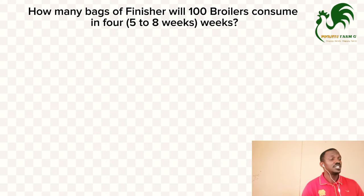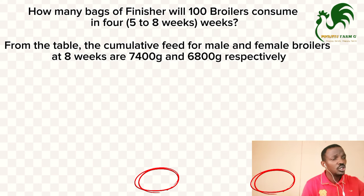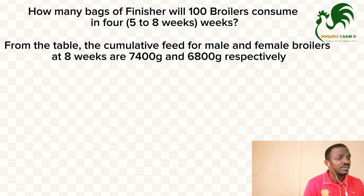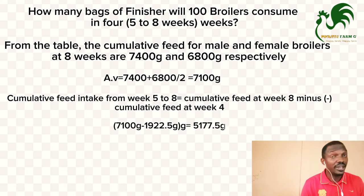Okay, how many bags of finisher will 100 broiler chickens consume? Now this is where it gets tricky. For you to get it, you have to know the total cumulative feed a bird will consume from week 1 to week 8. From week 1 to week 8, a bird will consume 7,100 grams. Therefore, to know the amount of feed the bird will consume from the 5th week to 8 weeks, we have to subtract the amount of feed the bird will consume from week 1 to week 4, which is